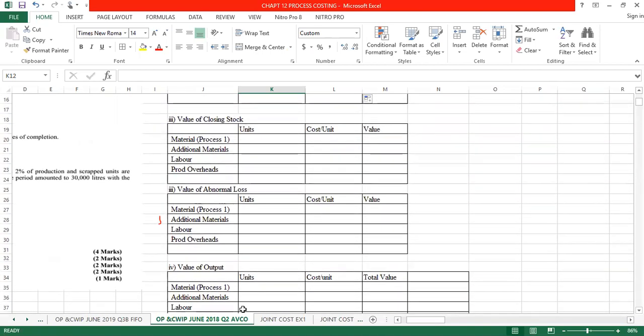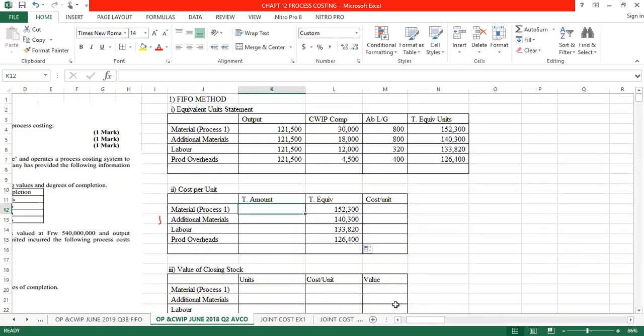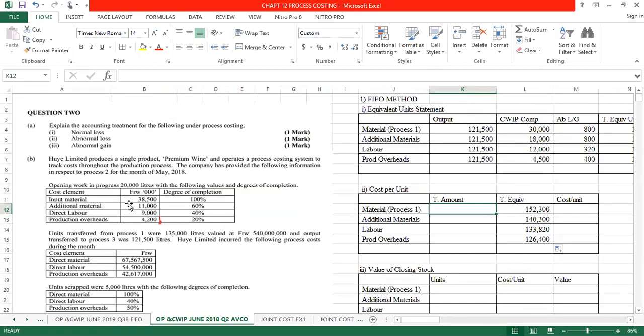And we are using AVCO. Remember to add the period. Were we given period? Yes. Sorry, opening. Opening was 38,500. So don't forget that. So let me just go step by step. Julius, you asked me this question. Look at what I'm doing. Carefully follow that. 0, 0, 0, because we are working in thousands there. Plus